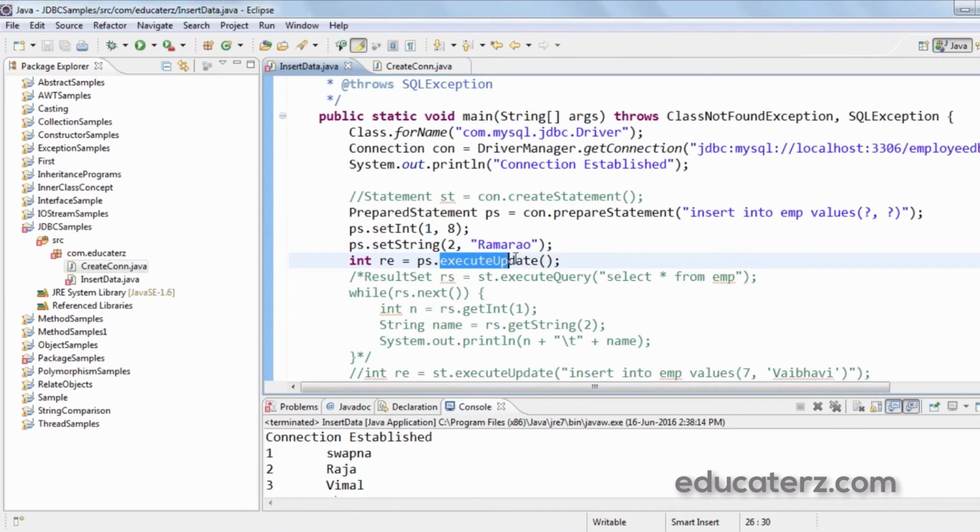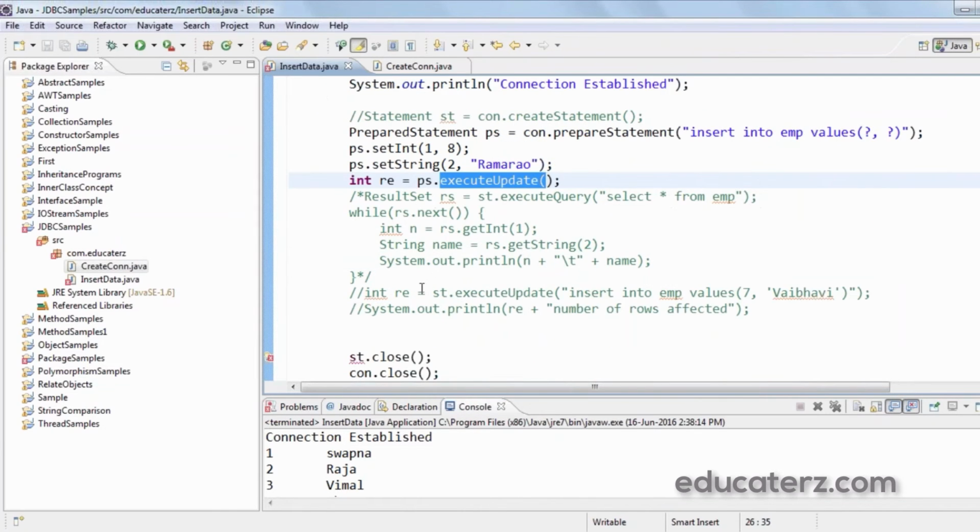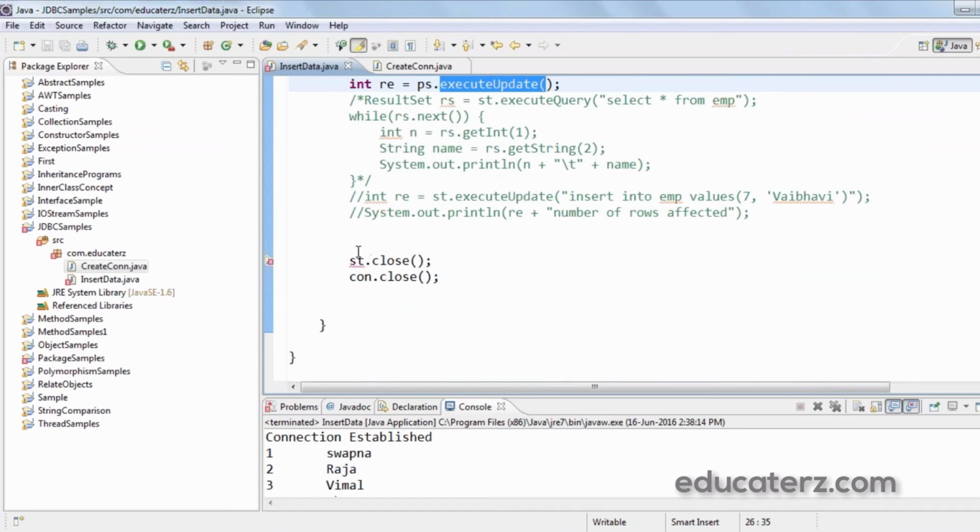When I call executeUpdate, the SQL statement is passed to the database. Now I have to print the number of rows affected, then close the prepared statement.